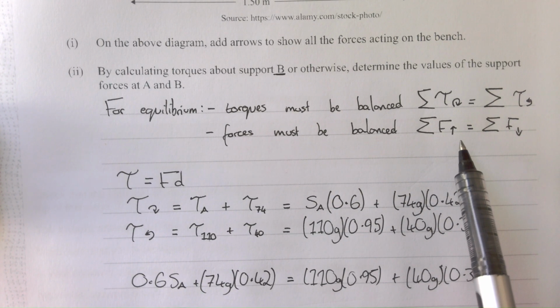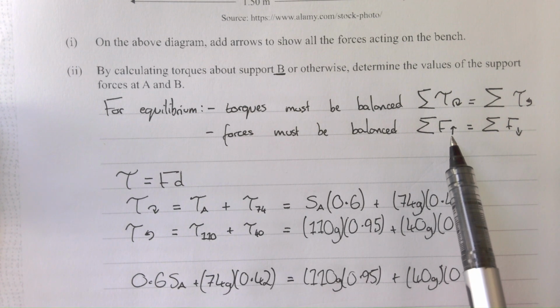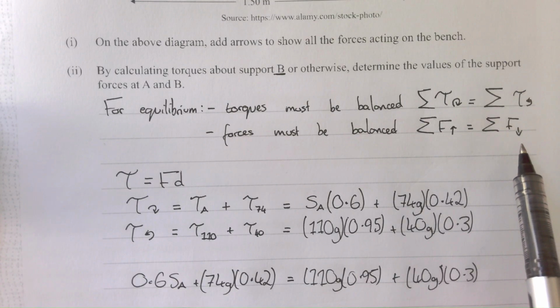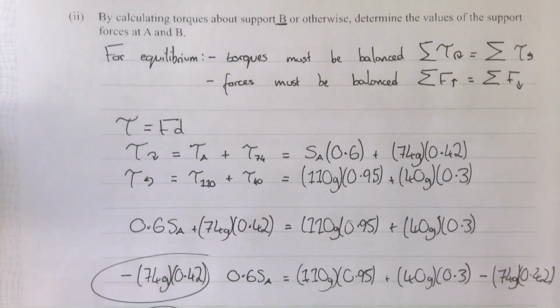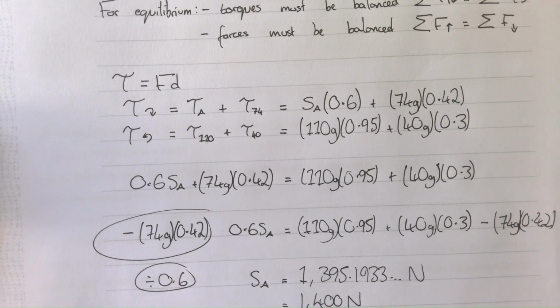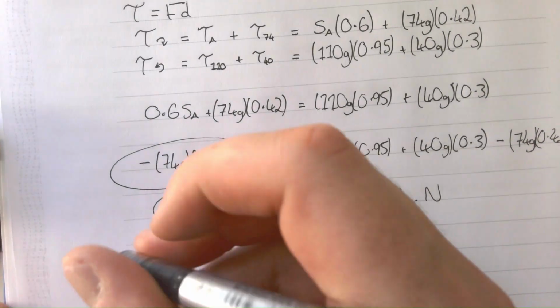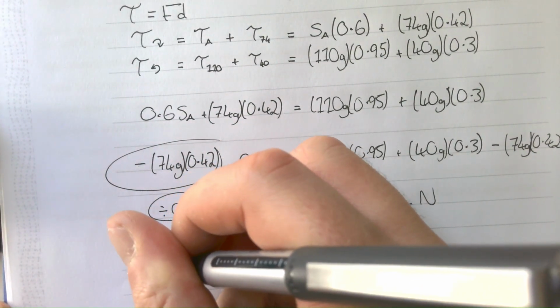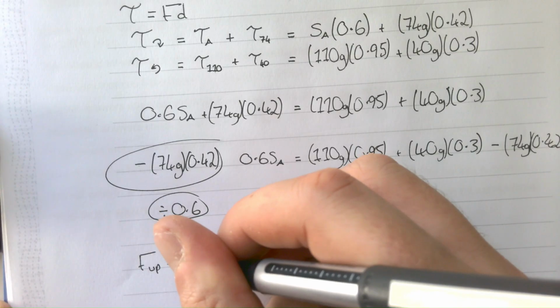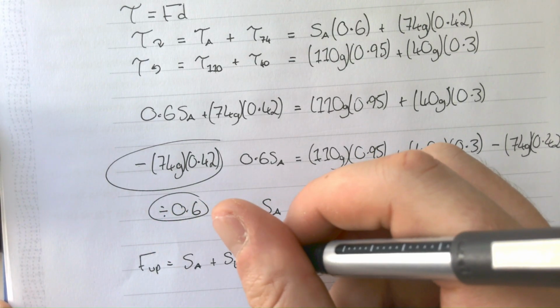I know that this bench is not flying up in the air nor sinking through the floor. Therefore, the forces upwards must be balanced with the forces downwards. I've just worked out one of the forces upwards. I know there's one more, and I know the three forces acting downwards. Therefore, I can say that F up is equal to SA plus SB, which we've just worked out to be